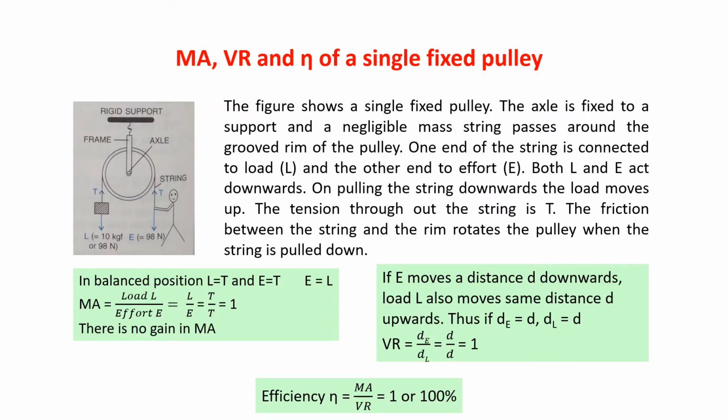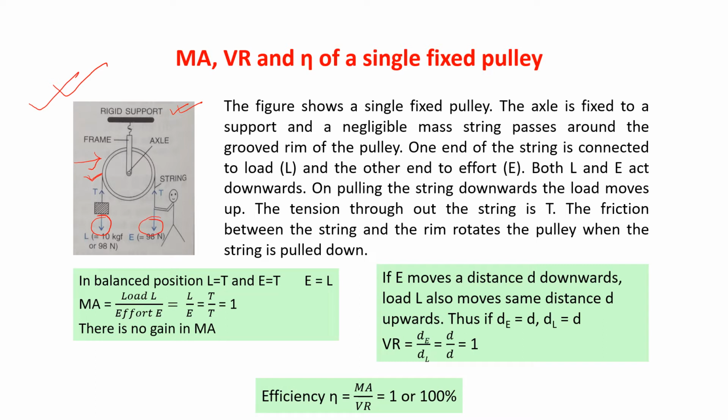Mechanical advantage, velocity ratio and efficiency of a single fixed pulley. This is the diagram of a single fixed pulley. This is the rigid support. With this, there is a frame and this is your grooved wheel. In that grooved wheel, there is a rope. Now, in the rope, on the left hand side, load is there and here it